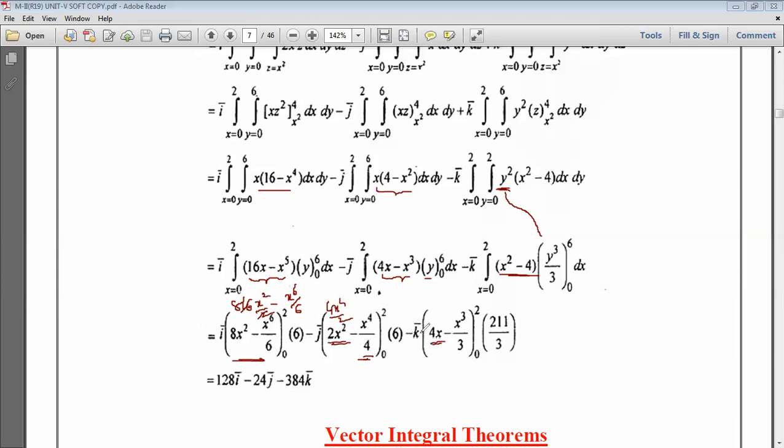Okay, so this is a mistake here, actually we can write plus, and then here also the same thing, we can write it as 4 minus x square, 4x dx, whose integration is x, and the integration of x square is x cube by 3, between the limits 0 to 2. Now you can substitute x as the upper limit 2, and there is no need to substitute the lower limit, obviously that becomes 0. So after substituting and simplifying, what we got is 120i minus 24j minus 384k.